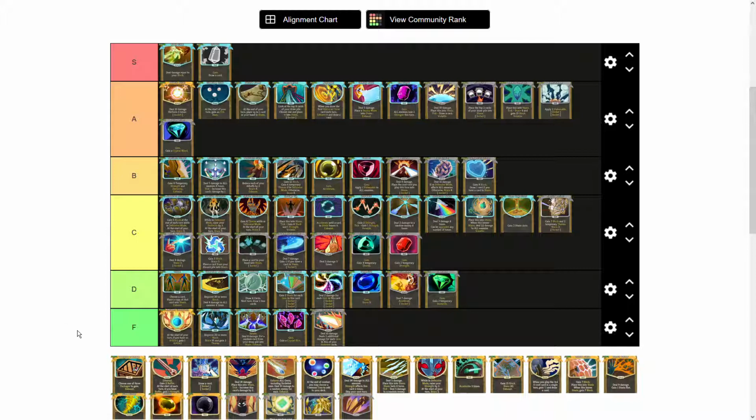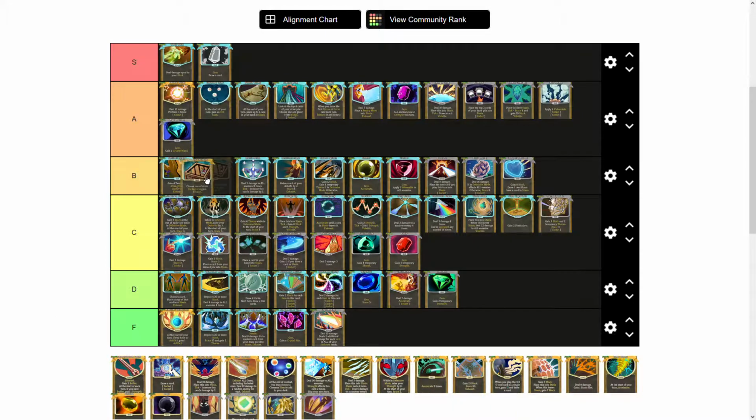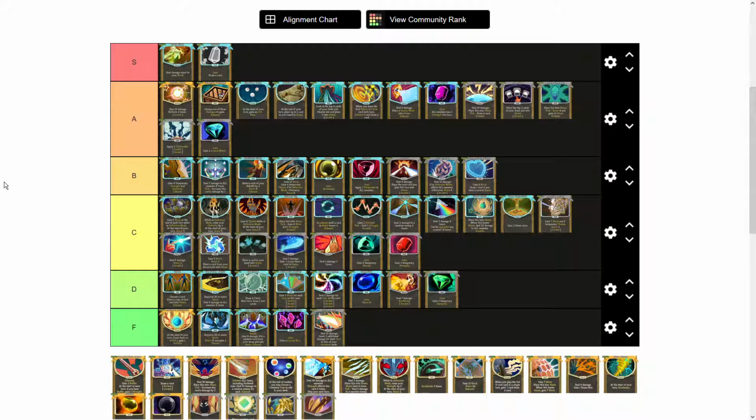Alright, up next, Compile Package. Compile Package is also an A tier. Compile Package is a little bit interesting. You get to choose one of 3 packages to gain, and those 3 are chosen from a pool of 7. Those 7 include a bunch of different things. The reason this is an A tier for me is because